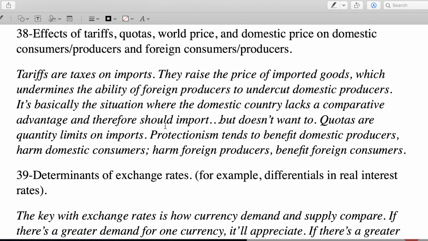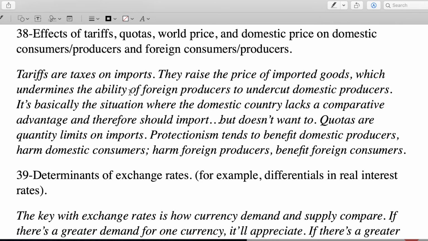With free trade, with exporting, we'd expect the domestic producers win, the foreign consumers win, the foreign producers lose, and the domestic consumers lose. Why do the domestic consumers lose? Well, if the domestic firms are exporting, then goods that would have been bought domestically are now sold to buyers abroad. Basically, there's buyers abroad that are outbidding domestic consumers. And by virtue of buying imports, the foreign producers are undercut by the exporter.